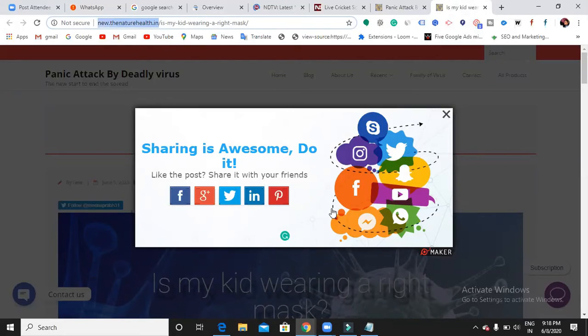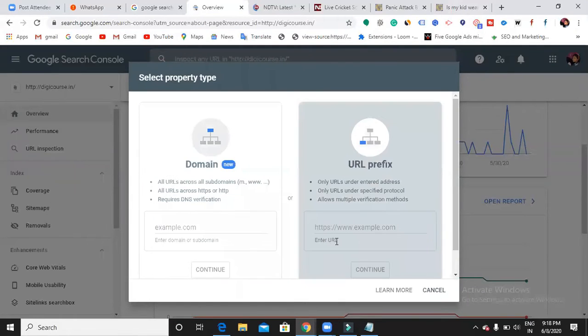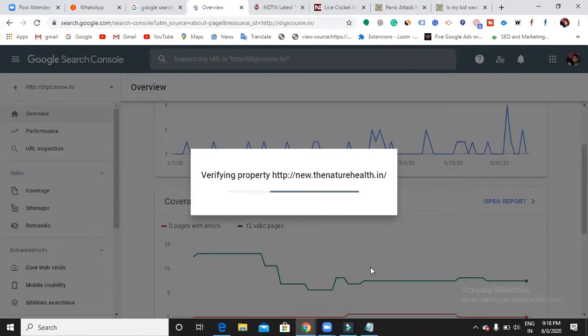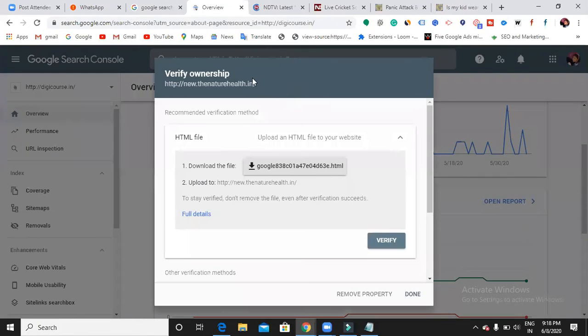I'll go back and then choose URL prefix, paste here, the nature health new dot the nature health dot in. Click on continue now. So verifying property. Once you choose the property type, it will ask you for ownership, whether you are the owner of the website or not, whether you have the credentials of your dashboard or not.